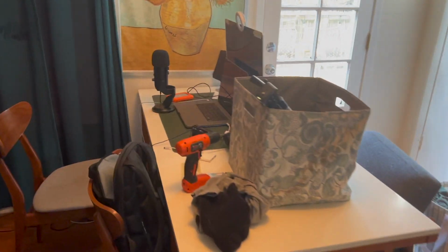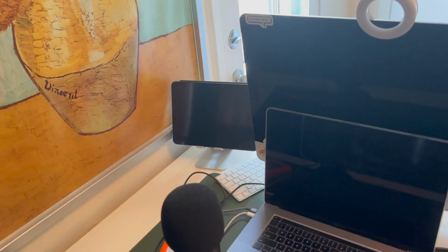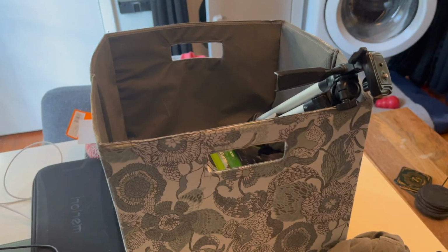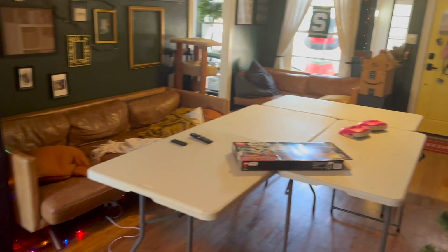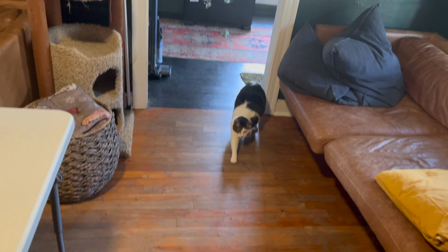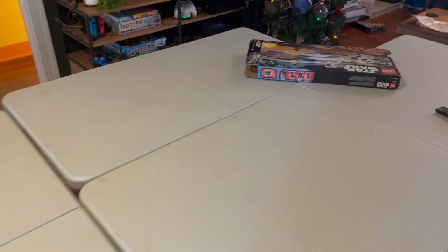This is Squirrel's domain. Squirrel, are you in here? Squirrel? Squirrel, where the hell are you? I don't know where Squirrel is. She's in here somewhere. And then the other place I would normally film these, hello Theo, find Squirrel, is the white table. And the white table is obviously booked up with a computer, my laptop, an iPad, my microphone, my camera. So it's just not doable. So that brings us to the mega gift wrapping section. Woo! Whoa, what up, Dipsy? Dipsy. We will be building at the Omega gift wrapping